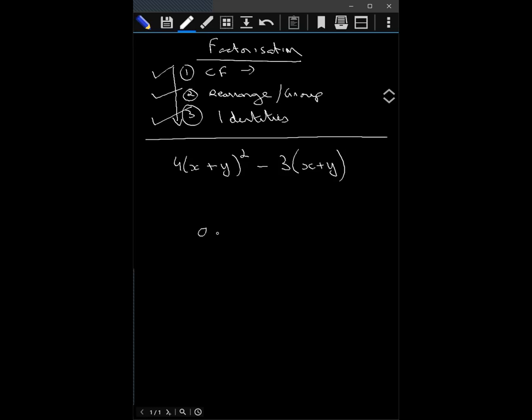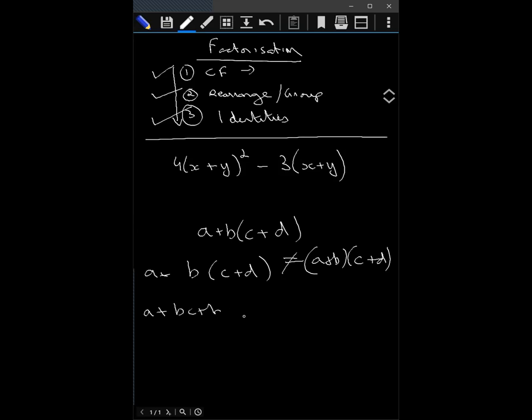Okay. Paki, remember, (A plus B) into C plus D is not the same as A plus B into (C plus D). Why? Because this is A plus B into C plus D, so this will become A plus BC plus BD, right? This is only B into C plus D, whereas this is the entire (A plus B) into C plus D. Take care of this. Okay.